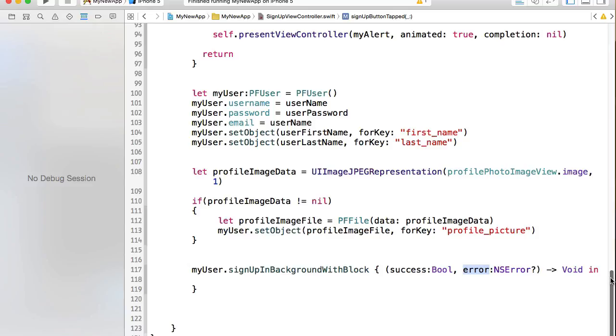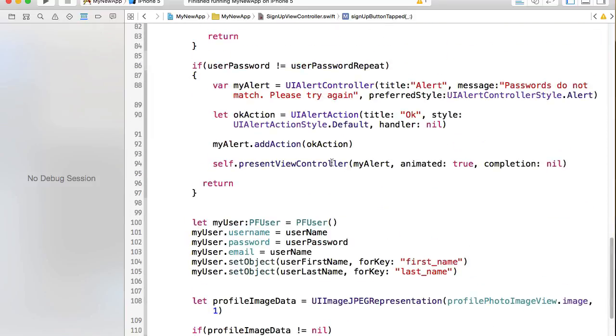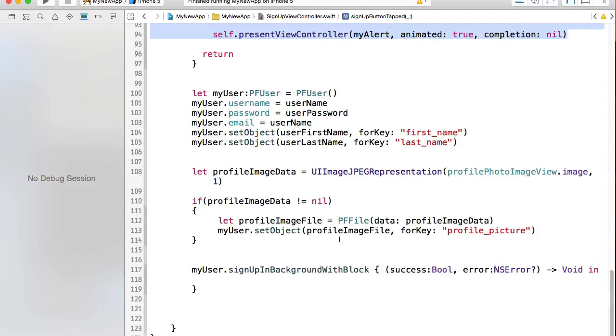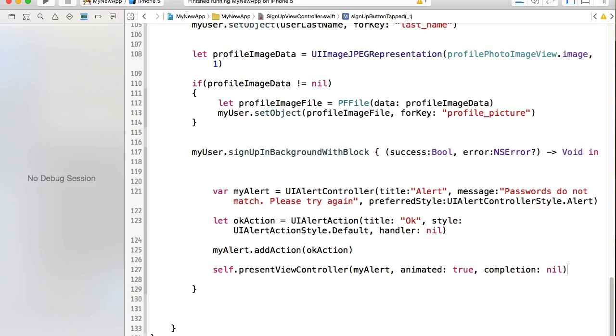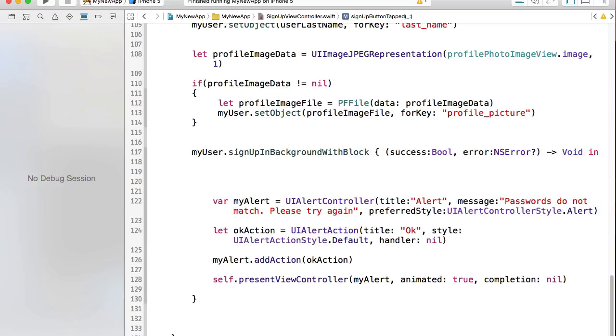If everything goes well or there's an error, we want to display an alert message. So I'll copy this code that displays an alert message, and I'll paste it into my block here. Now, the alert message should be different. So let me take this message out. For example, I'll create a new variable, userMessage, and this variable will be equal to a default user message,